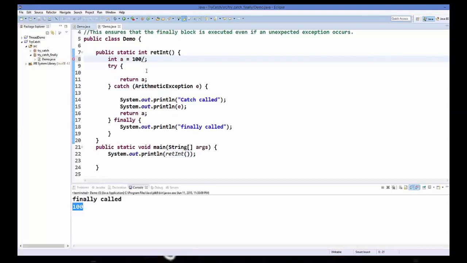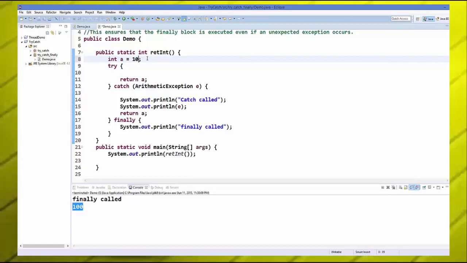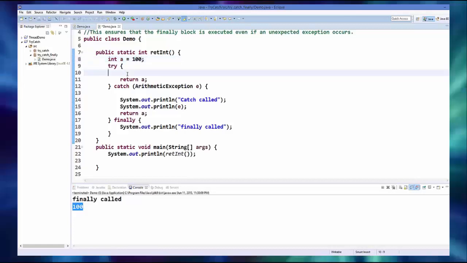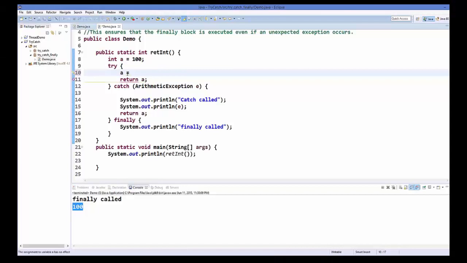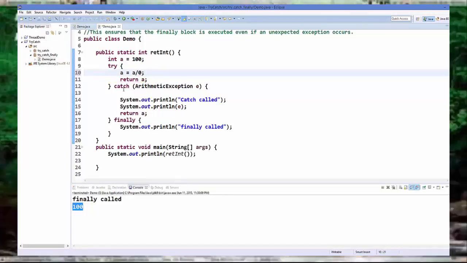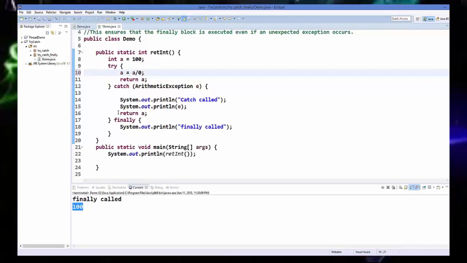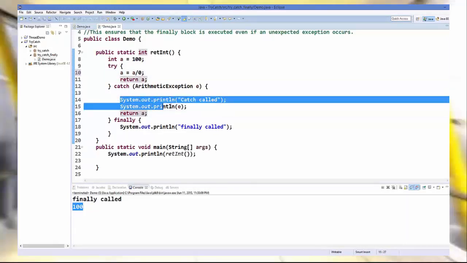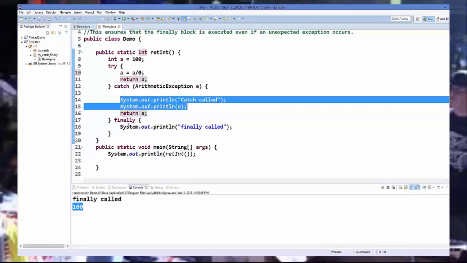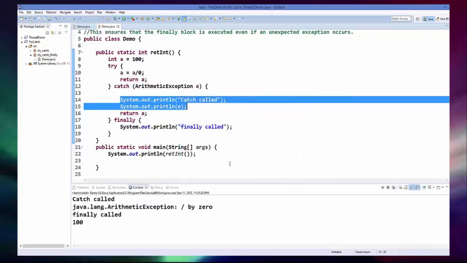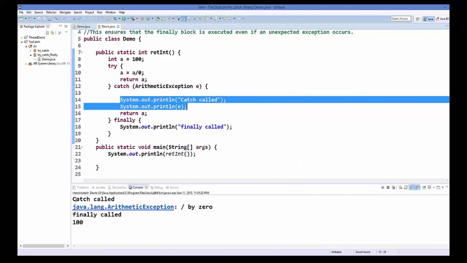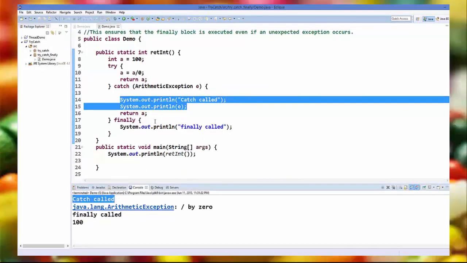So let's divide this by 0, not here, but for example do it here. A is equal to a divided by 0. Okay, so it will throw, right? So it will go here and then exception code will be called, and then let's see what happens. So save the program and run the program, and once again we can see catch is called, so it throws an exception.